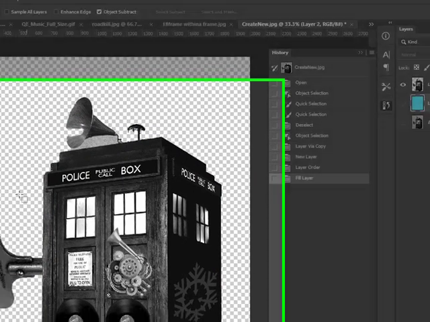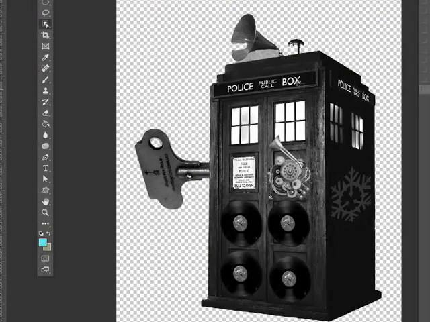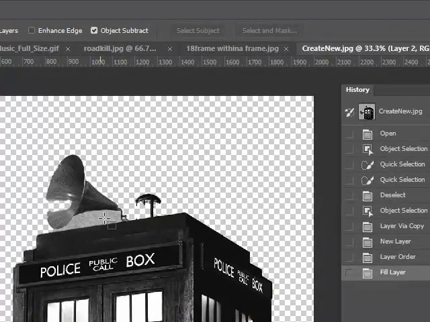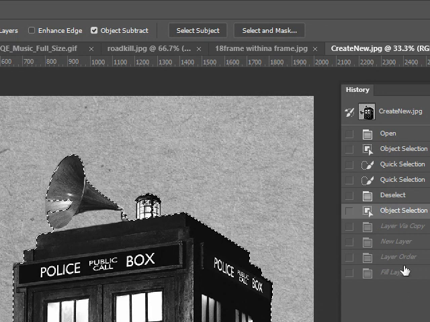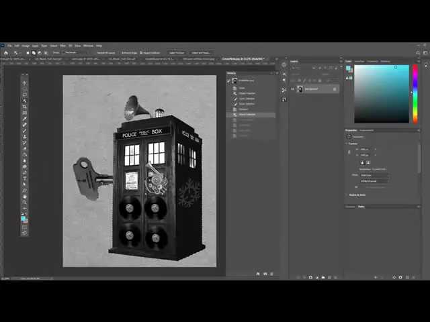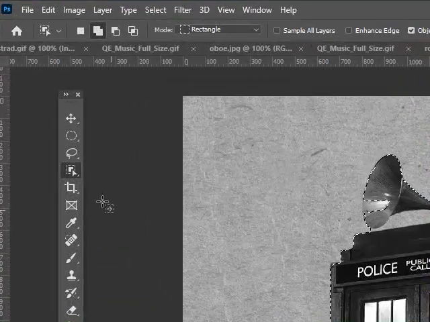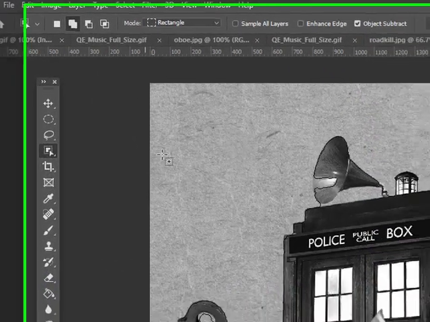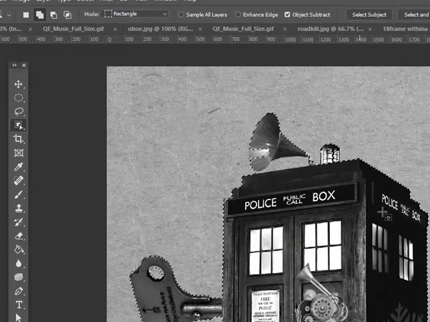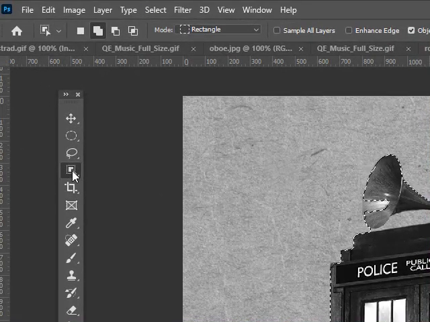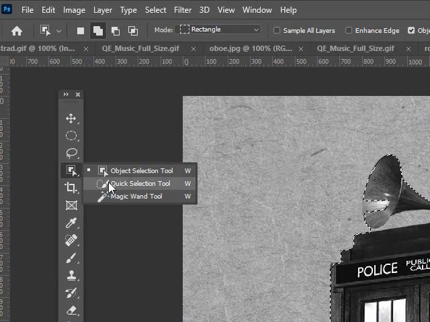one thing you may have noticed is it did a pretty good job with the selections, but it did take a little bit of the background right here in between. So I am going to go back to that stage, just went back in my history panel to the stage where I left off before I copied and pasted it. And actually I see it didn't take all of this here. So what I want to point out is just because I started with one selection tool doesn't mean I have to stop with it. I have the active selection from this object selection tool, but now I could switch over